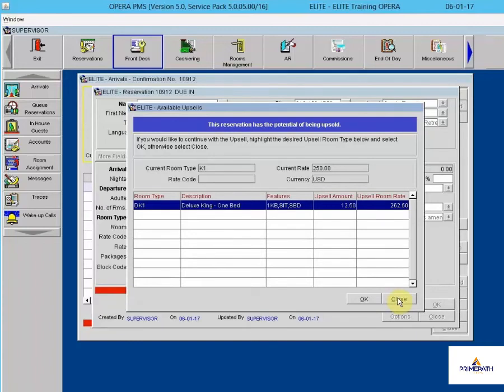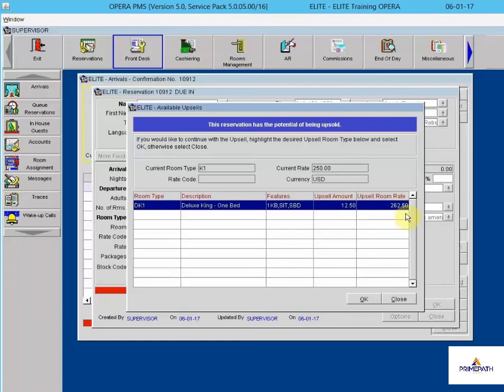Now, I also want to show you a screen here that is our upsell screen. So when a guest is checking in, Opera, we have set up in configuration different ways that you can upgrade. So this room is a K1. The room that you can upgrade it to is a DK1, which is a Deluxe King. So this is telling you that their current rate is $250, and for them to be upsold in a Deluxe King 1, you could tell the guest, I have a Deluxe King room that is available, and that is for an extra $12.50 a night, which would make your upsell room rate at